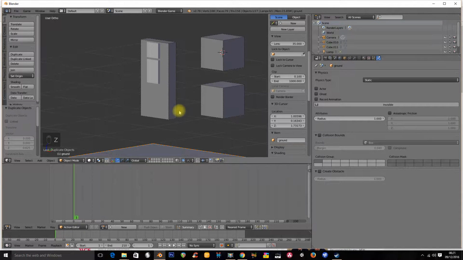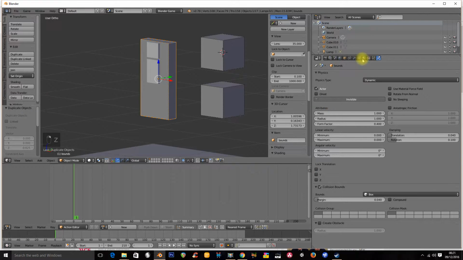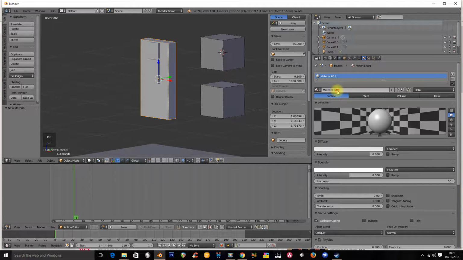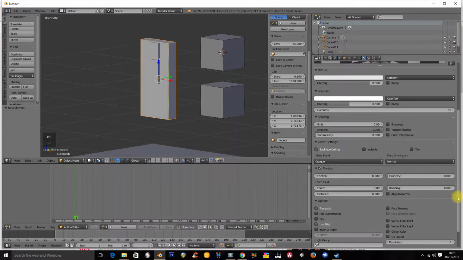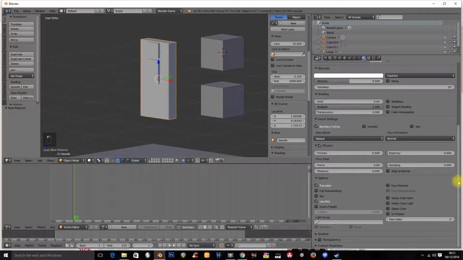This is based on some of the work we did in class today. So we're going to have a look at